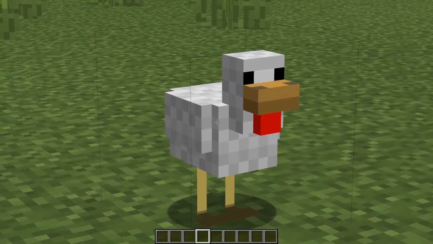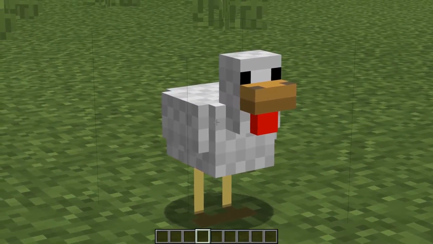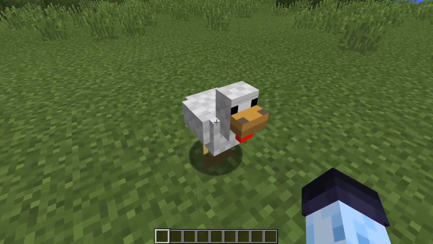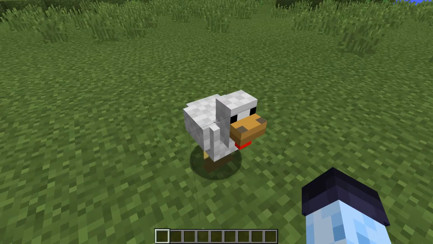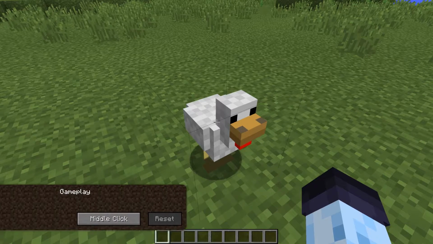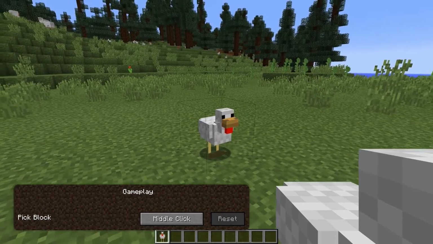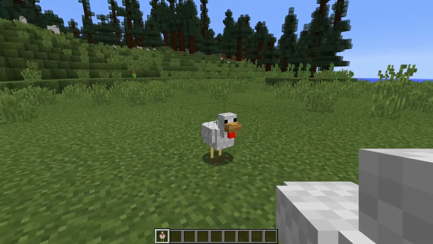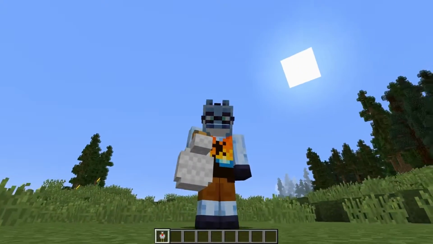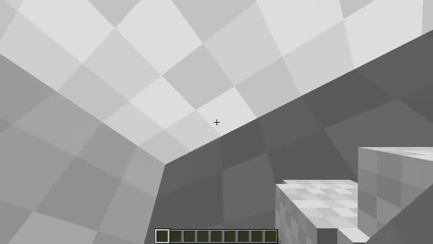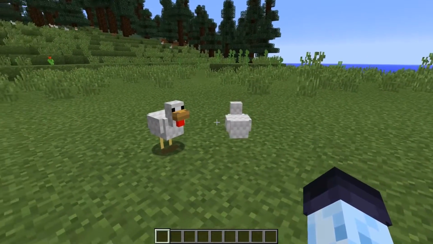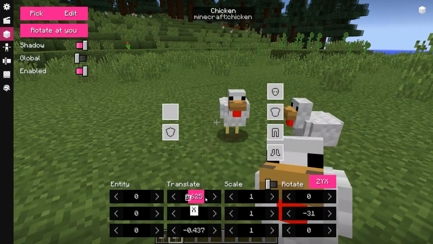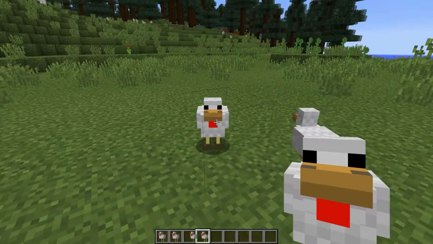And finally, here are some tips and tricks with model blocks. You can grab a custom model block into the hand as an item by holding the Control key, or Command key on Mac, and pressing the Pick Block key bind while looking at a custom model block. Once you press that key combination, your custom model block will appear in your hand. You can see it in first person, third person, and once you drop it on the floor. If you would want to position it more precisely, you will have to experiment with translate, scale and rotate fields until you're satisfied with the result.